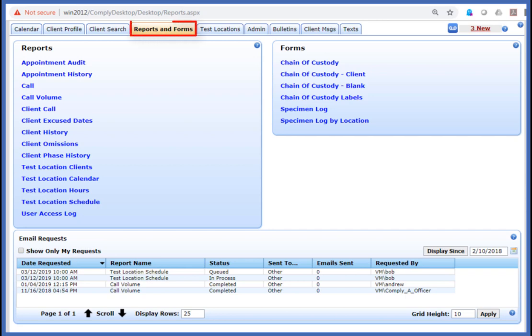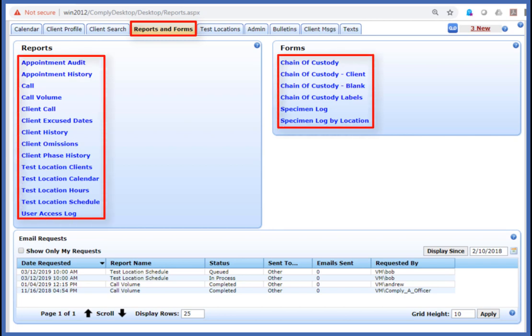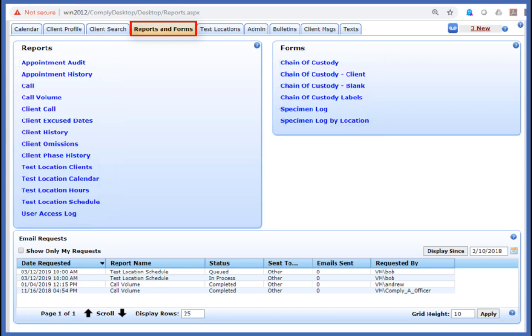Welcome to our video about reports and forms, which you can access on this tab of the Comply desktop. As you can see, there is an extensive list of reports, and I won't attempt to itemize them all here. Instead, I'll focus on the common behaviors among the reports, such as using request filters, display toolbars, and the email